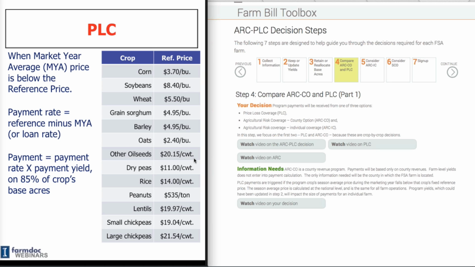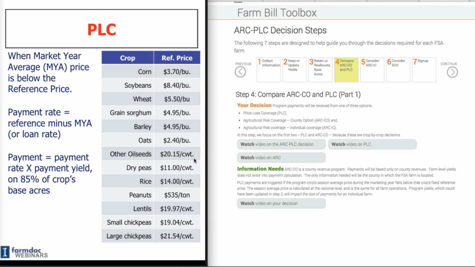You can see the reference price program, which is now what they're referring to them as. You can see the reference prices for the program crops in the table in that slide there. For corn, it's $3.70, soybeans, $8.40 per bushel. That reference price is compared to the marketing year average price for each one of those crops. If the marketing year average price falls below that reference price, that triggers a payment rate, the difference between the